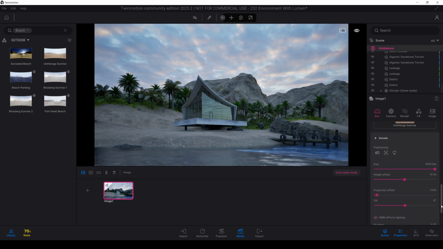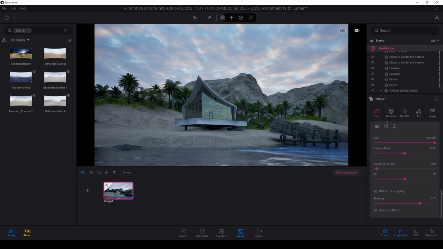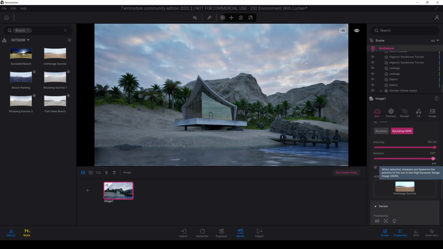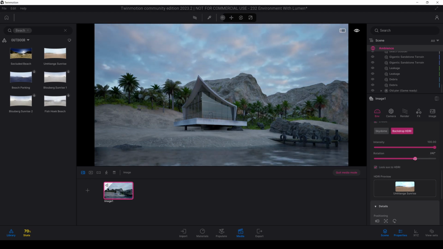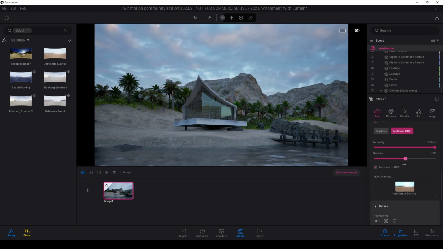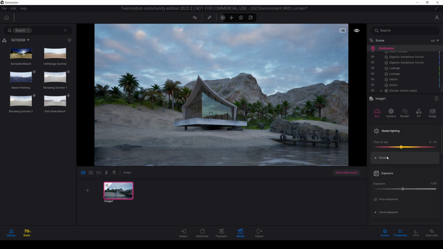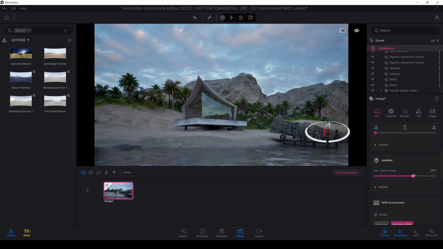After that, you can rotate it according to your camera position. Something like this. If you are not satisfied with your sun position, you can deactivate this lock sun to HDRI and you can change your sun position.